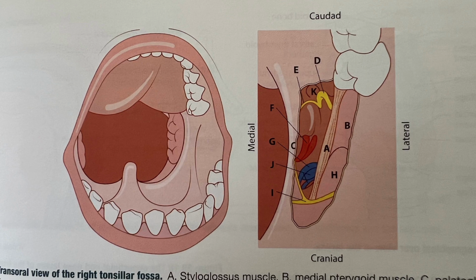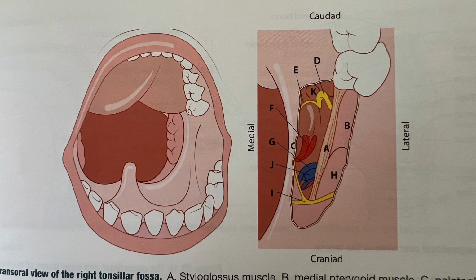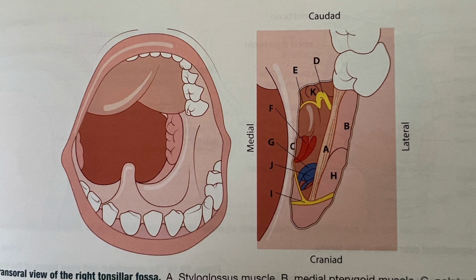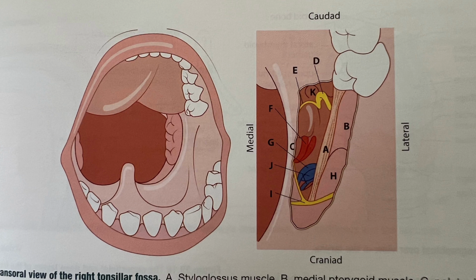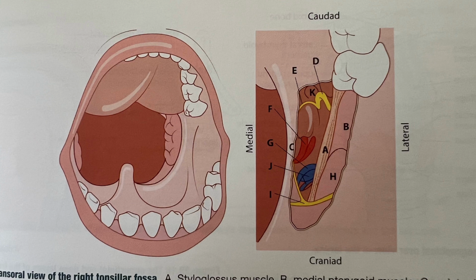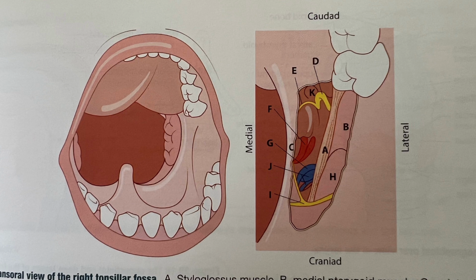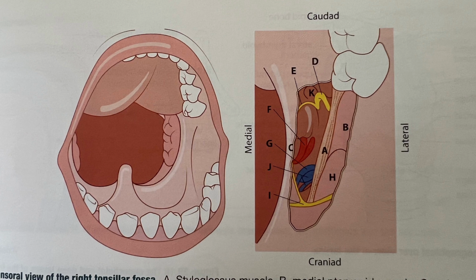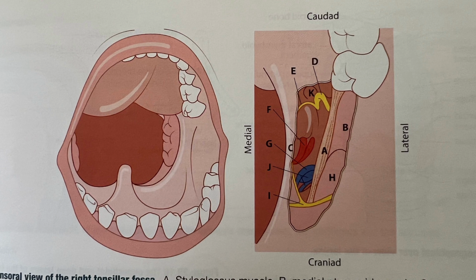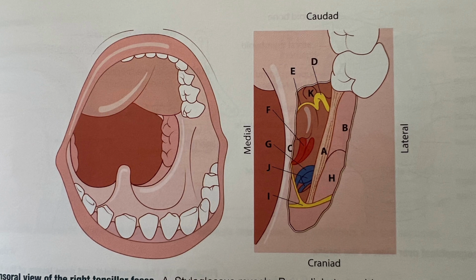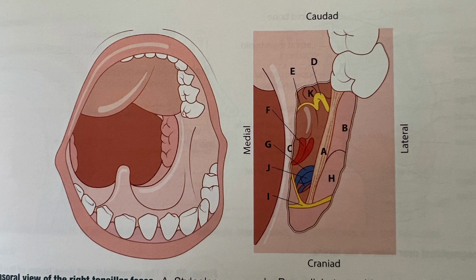The pharyngeal plexus is made up of the glossopharyngeal nerve and vagus nerve, and sympathetic fibers from the superior cervical ganglion. The sensory supply of the oropharynx is by the glossopharyngeal nerve, and the laryngopharynx is supplied by the vagus nerve. The glossopharyngeal nerve is located between the styloglossus and stylopharyngeus, which lie between the superior and middle constrictor muscles.